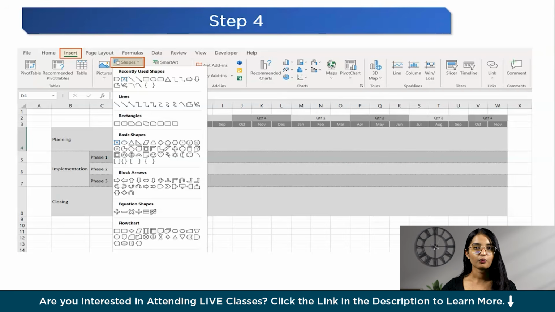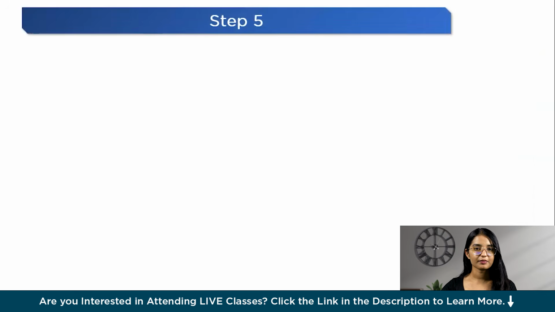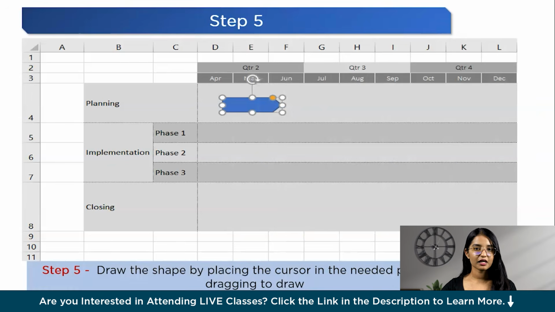Step number 4. Within each swim lane, we'll start to add some shapes to represent the different components of your product roadmap. Go to Insert Shapes and then select the shape you would like to insert. Step number 5. Draw the shape by placing the cursor on the needed position and dragging it to draw. Adjust the width of these shapes to align with your timeline and visually communicate the timing of each initiative or